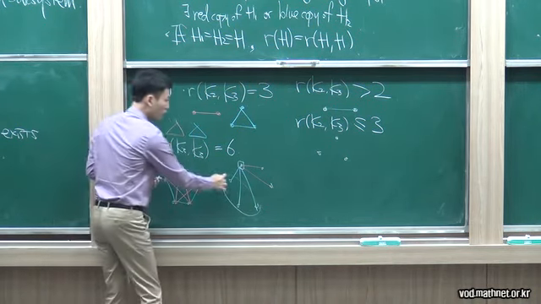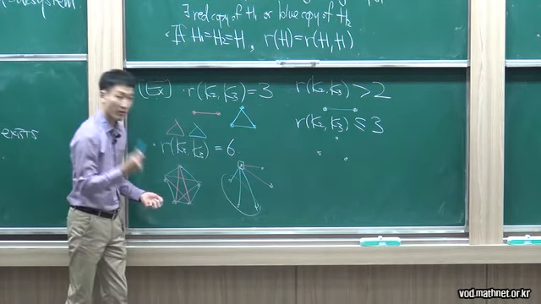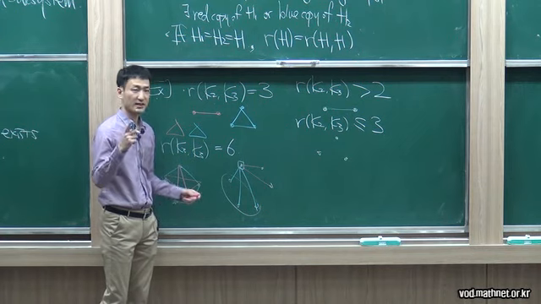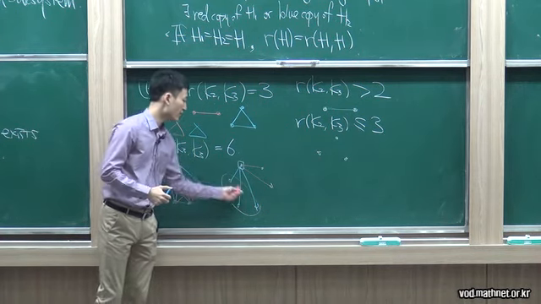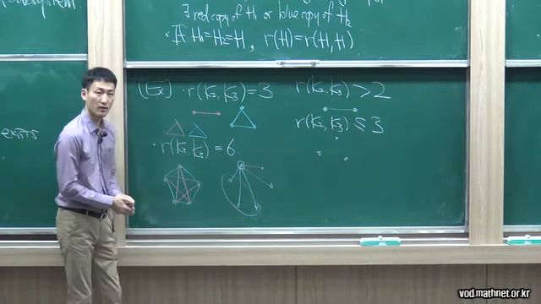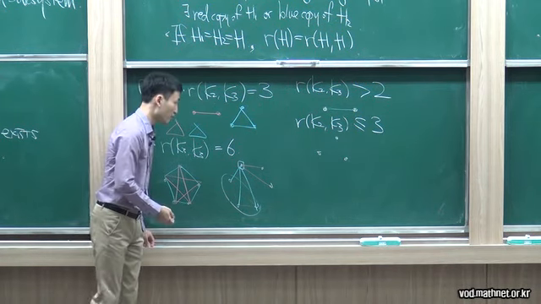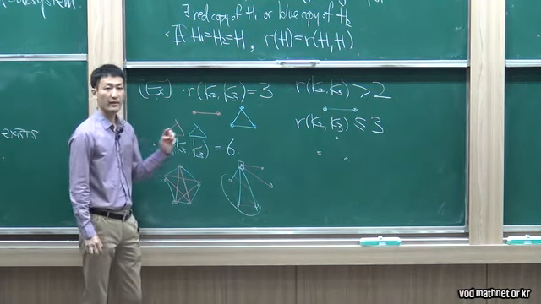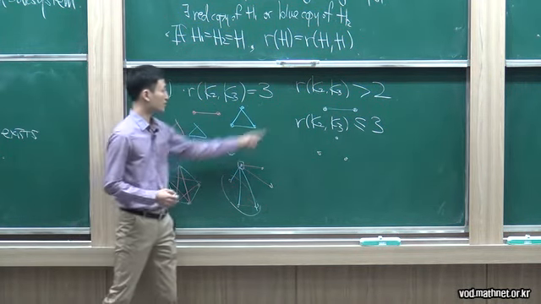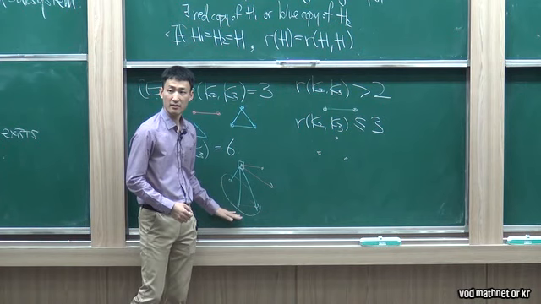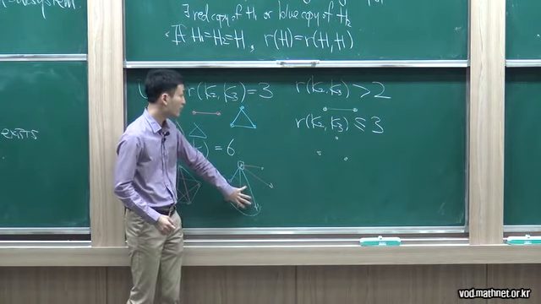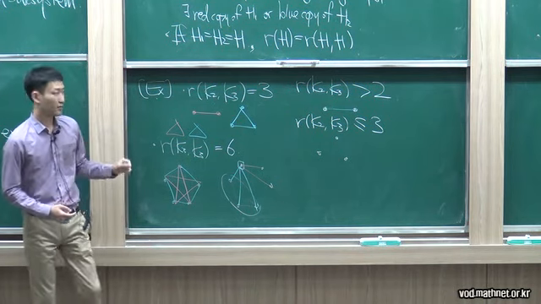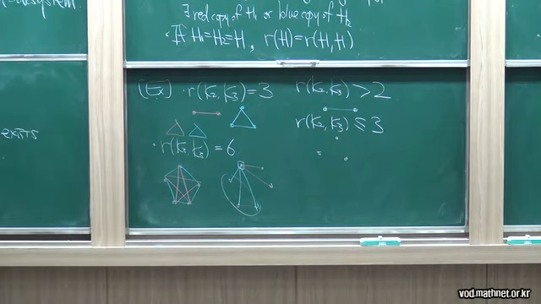Now, if at least one of them was a blue edge, I already have a blue triangle. That means I cannot use a blue edge at all. I have to use all of them with red. That forces a red triangle. So this argument is quite simple. It establishes that R(K3, K3) is equal to 6. And you might have noticed that I actually used this argument inside here. So what's going on inside the neighborhood was exactly what happened in the previous example. So you'll see this again. But before doing that,